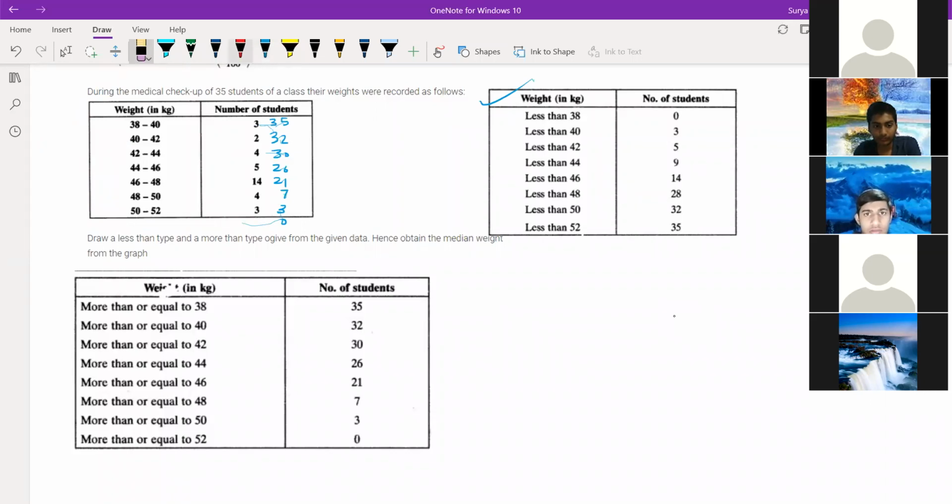Anyone having doubt in this less than and more than type? How to write this? No, sir. First you draw this, note it in the notebook, all of you. Then we have to draw the OGIVE graph. Once you learn, not a problem. It will take 2 minutes. Just write down less than and more than. I want you to practice once because this is the only thing which repeats every time in the board exams, the same questions. Based on this, you should draw the OGIVE graph. With the help of the OGIVE graph, they are finding the median also.